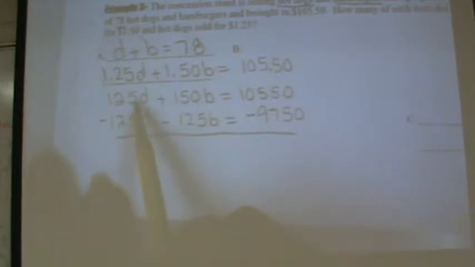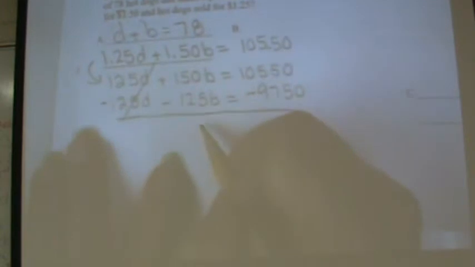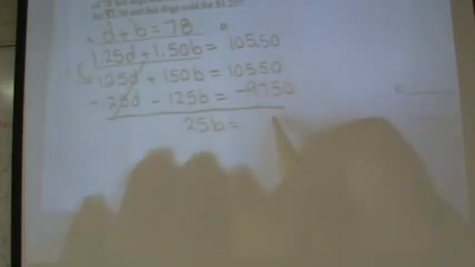Right here, we want to get rid of D. Whatever we multiply, we multiply the whole top equation. This is this equation, and now I'm gonna take this one and multiply everything by negative 125, because I want to get rid of this. I want to add my 125s and get 0. So you get 25B equals 800,